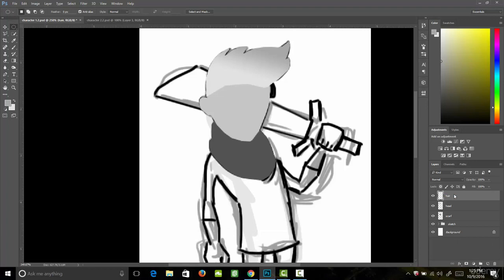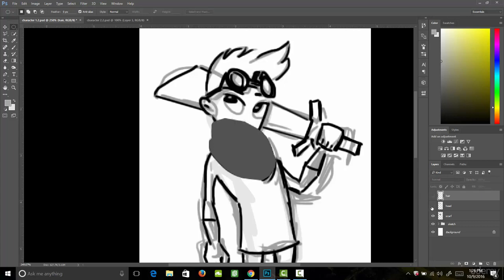Next, let's create those goggles. So we're going to turn off our hair layer and our head layer so we can see the goggles on the sketch. Then let's add a new layer. And using the lasso tool once again, we're going to trace out that shape. Now, if the shape isn't perfect on your sketch, you can kind of go ahead